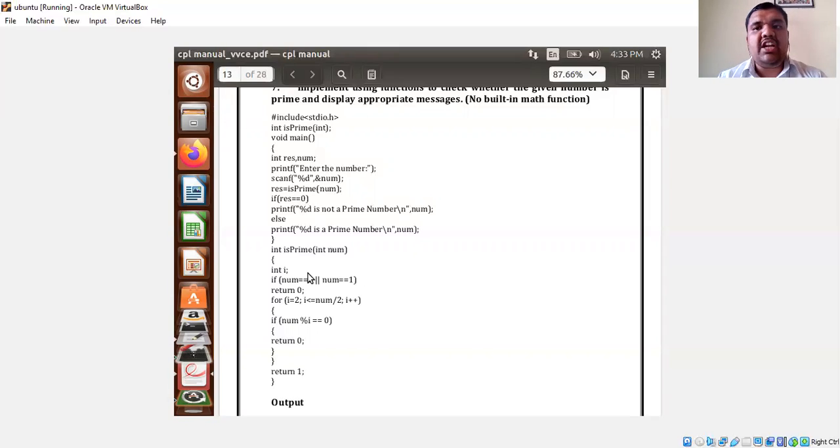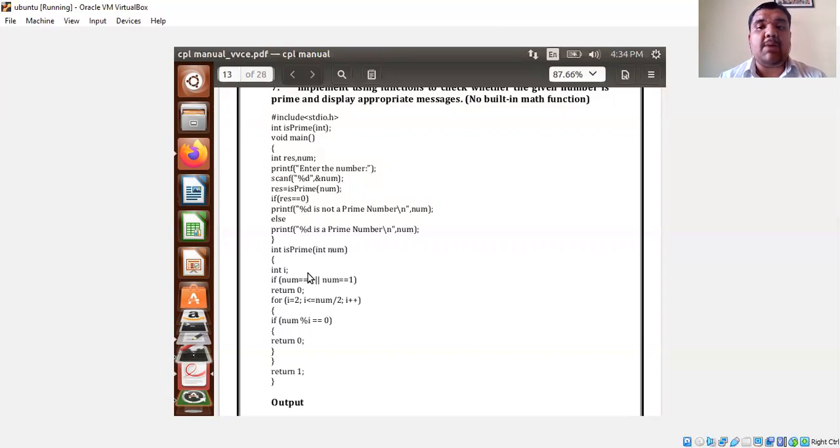So what is the result we are having? It is 0. That is the return value. That 0 is going to be returned back to the variable result, so now the value of result is 0. Now we check the if condition: if result equals 0, because the value of result is 0, 0 equal to 0, the condition is absolutely true. That's why we print 6 is not a prime number.